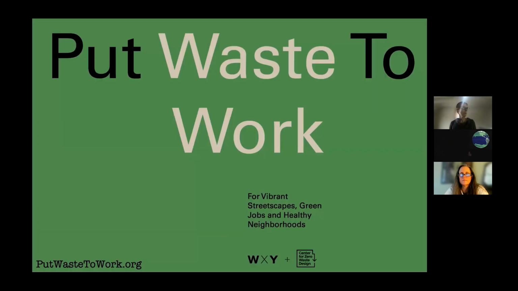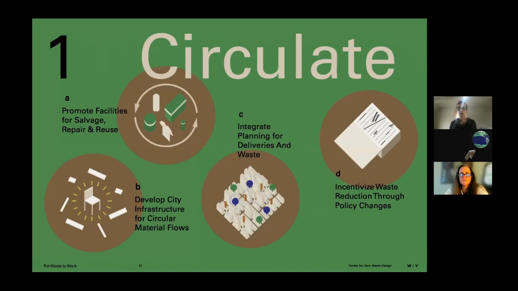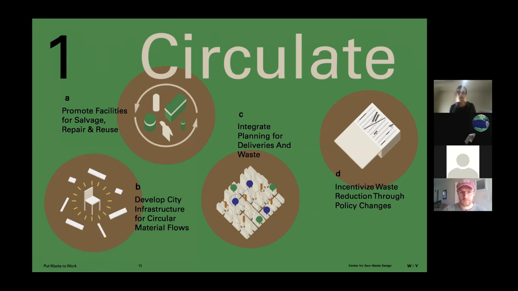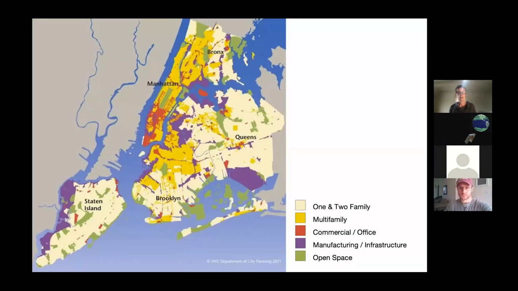And so we've been doing this in New York City. We're doing this advocacy campaign called Put Waste to Work to try and change the system here. So we're looking at strategies that would help facilitate circular material flows, such as zoning and allocating space for reuse, repair, refabrication, and composting. And like many cities, we have zoning laws which are really based on that linear material